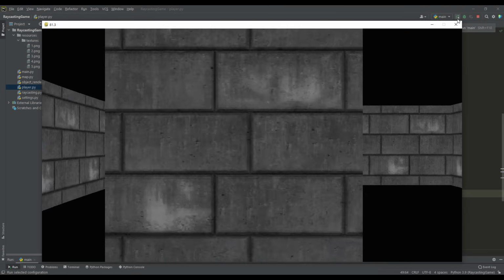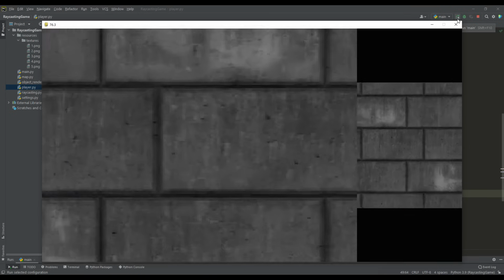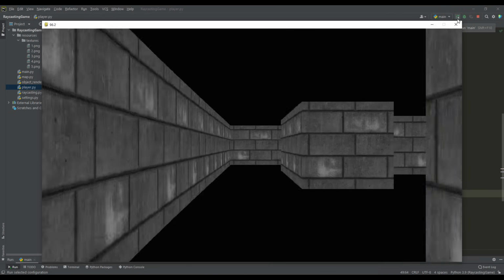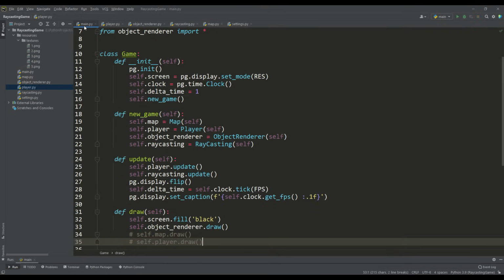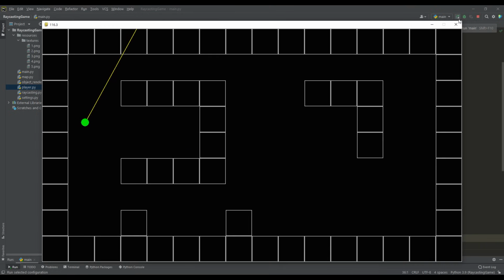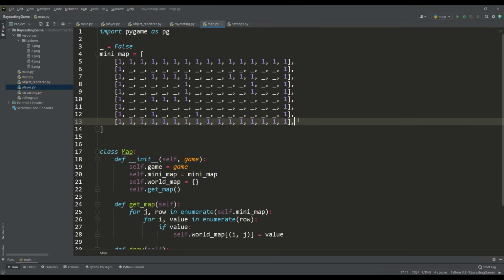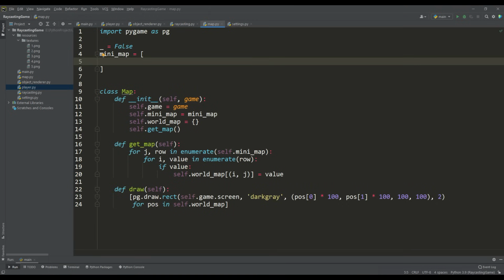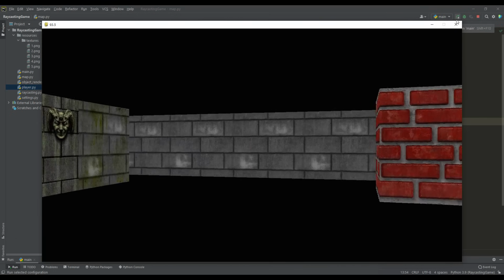If you look at how it works, now in the game you can already feel that the player has a size. And at the same time, there is no strong stretching of the texture when approaching the walls. You can even more clearly see the operation of this method through the 2D view of our game. Here you can already see for sure that the player has a certain size. And by the way, since we have different types of textures loaded, let's change the designations for the walls on the map and see how it looks. Well, now we see that our game world has changed for the better again,